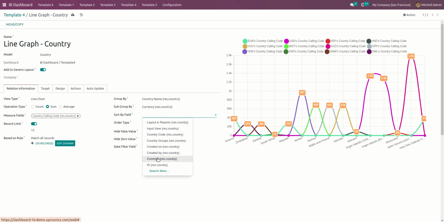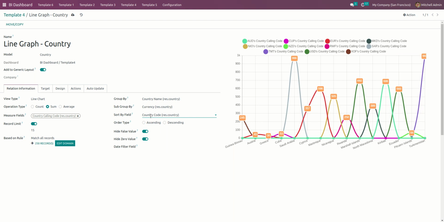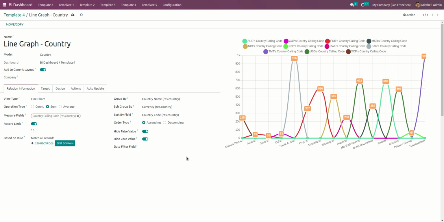If you want to define a field by which this graph will be automatically sorted, you can define that sort by field as well. If you want to set the results in ascending or descending order, the graph values and representation will also change in that manner.